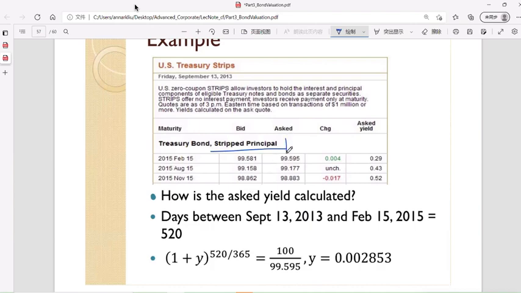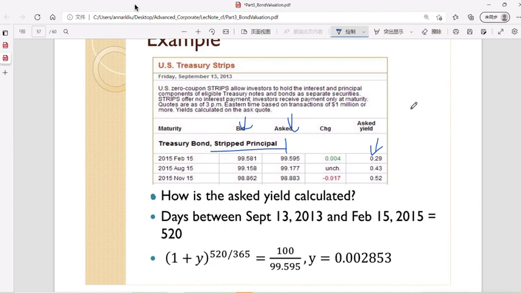Here is the bid price and the ask price. When you buy the bond, you buy it at the ask price. When you sell the bond, you sell it at the bid price. So there is the bid-ask spread, right? The ask price is usually slightly higher than the bid price, so that the dealer can make some money. So the ask yield for this bond